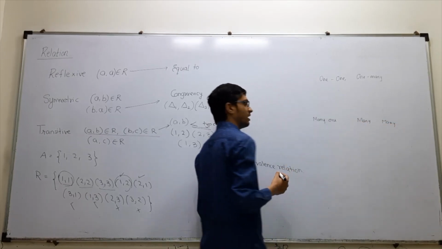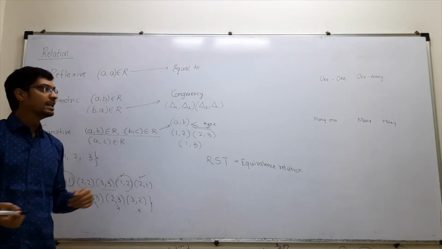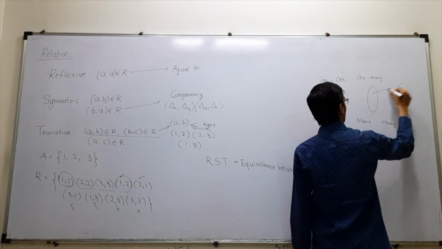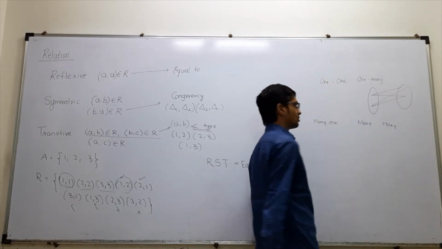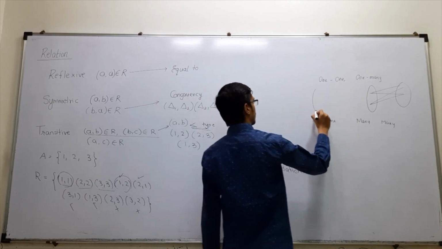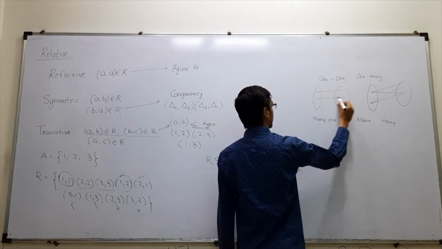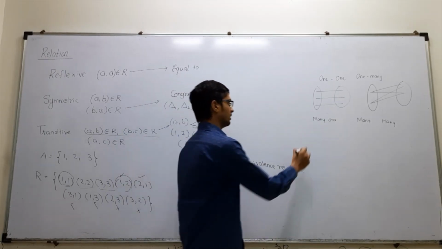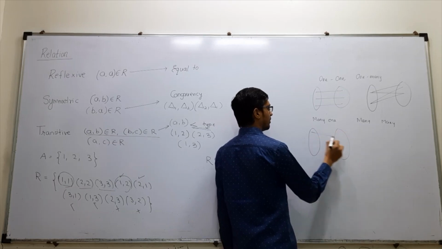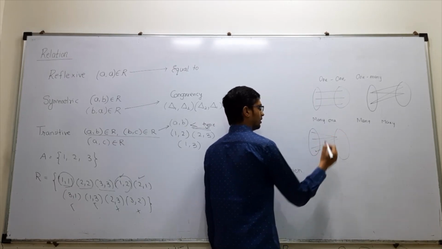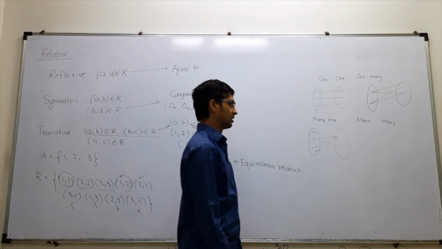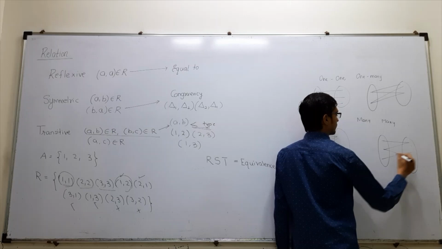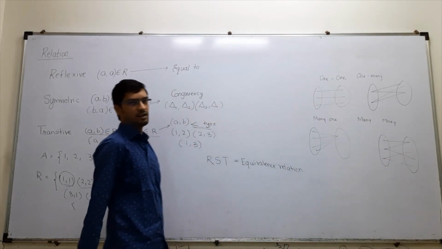Now if I talk about myself, I am teaching you all. So from my side, it is one person teaching to many students. One-to-many relation. 1-1 का मतलब क्या है? Only 1:1 ratio है. Every element is related to only one element. तो क्या है? 1-1. From your side, if I say many people are learning from me, so it is called as many-to-one relation. Many children are opting for many courses in our class, so it is called as many-to-many relation. Okay.